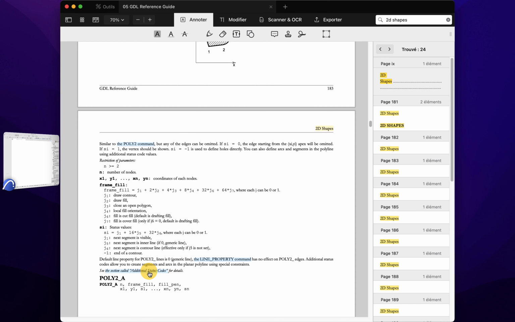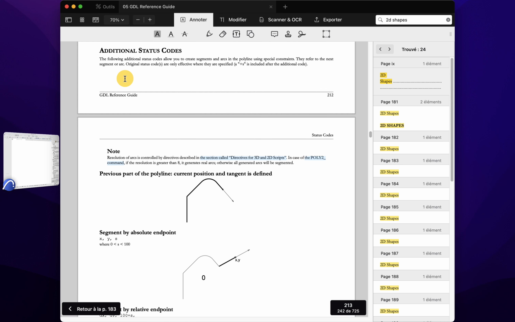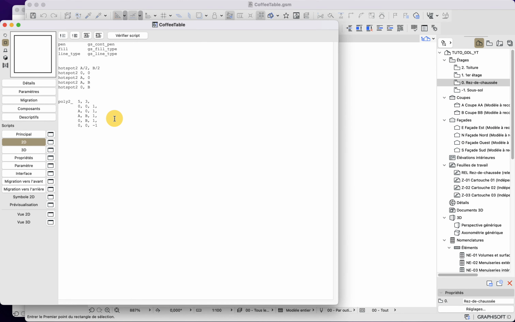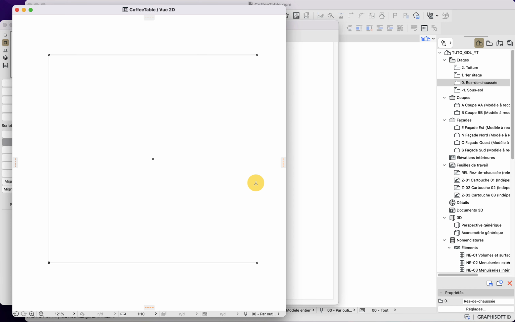If you click on this link, you can see that it tells me that I have additional status codes. In my poly2 here, you can see that I have only one, which is written -1, to end the contour. If here I put 0, for example, and I go into my 2D preview window, you can see now that this edge here is no longer visible.